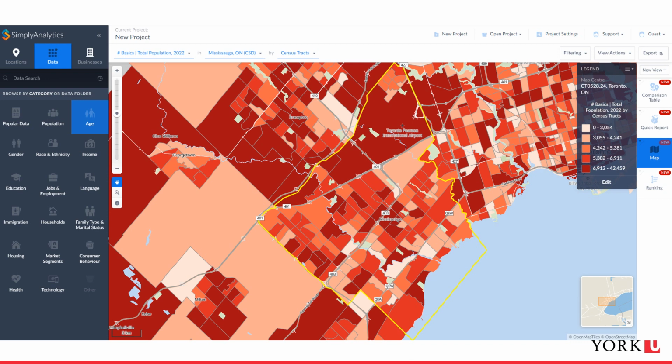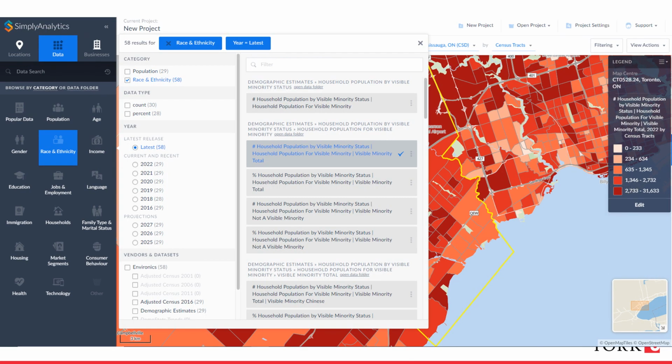The results displayed are immediately visible in the data field, which now provides numerous options for refining and enriching my variables by age, language, ethnicity, and more. By selecting ethnicity, for example, a window pops up offering ways to limit results by date, data type, or subject. Click any of the potential variables to add it to your mapped results.